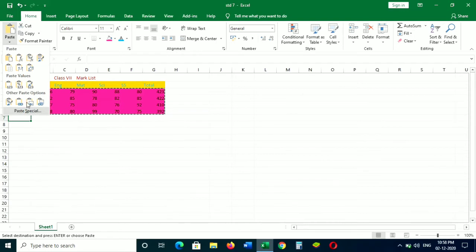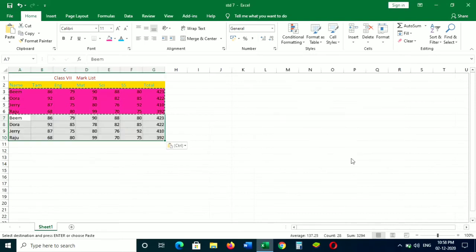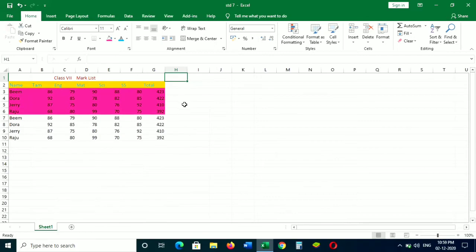On the Home tab in the clipboard group, click down the arrow of the paste icon and click the Paste Special option. From the Paste Special dialog box displayed, select the necessary option from the paste selection and click OK. Now you can see the pasted data.